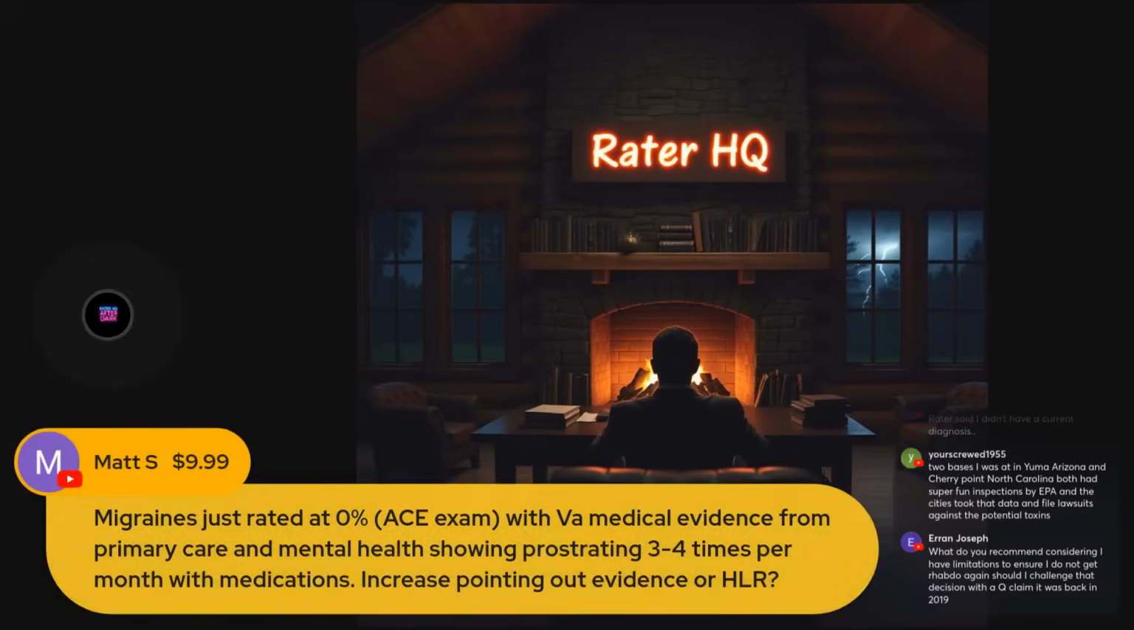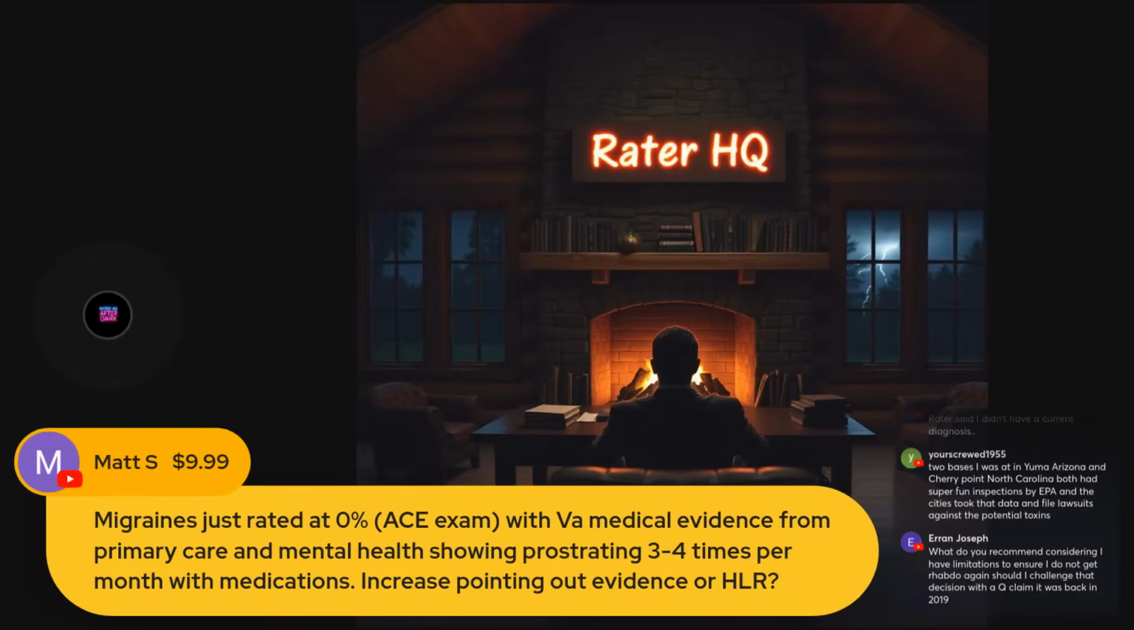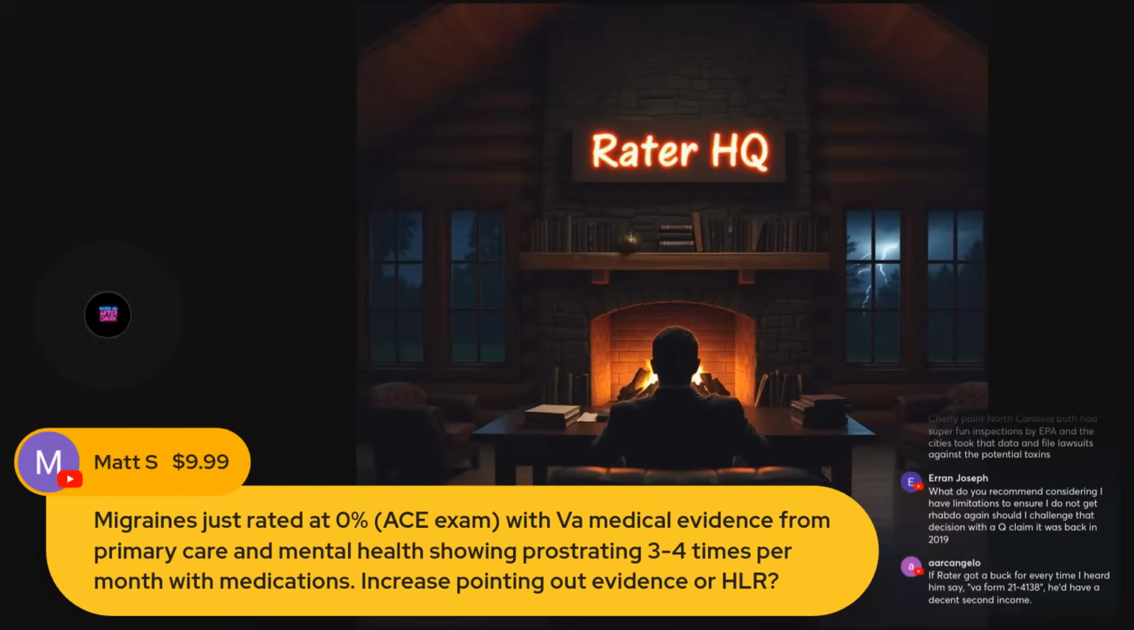Tony, thank you for being a member. And Matt says migraines are just at 0% after the C&P exam, with VA medical evidence from primary care and mental health showing prostrating migraines 3 to 4 times a month with medications, and asks whether that is evidence for a higher level review. Okay. What matters is when this evidence existed. If the evidence showing prostrating migraines 3 to 4 times a month was of record before or during the original claim, then you would